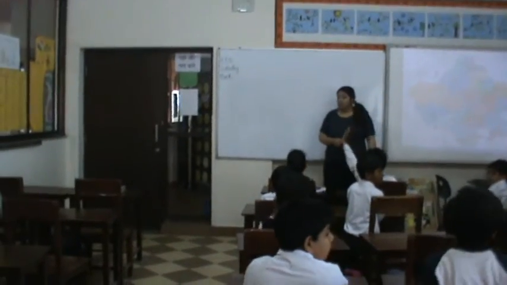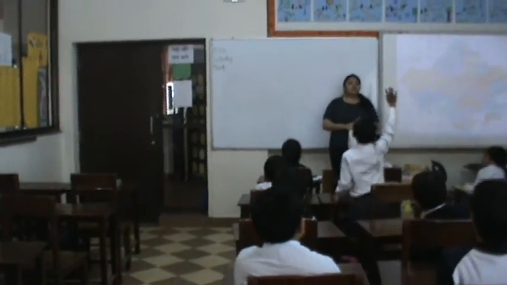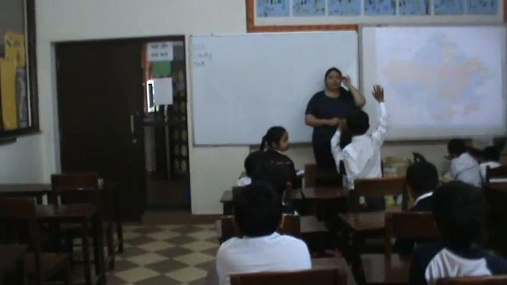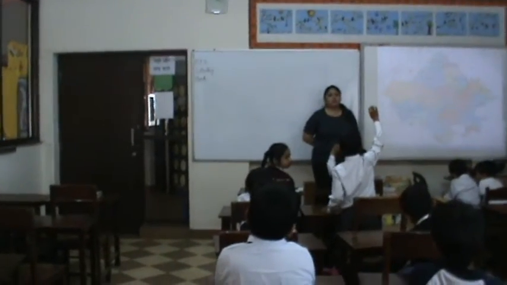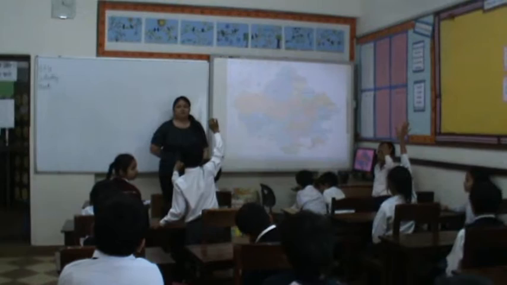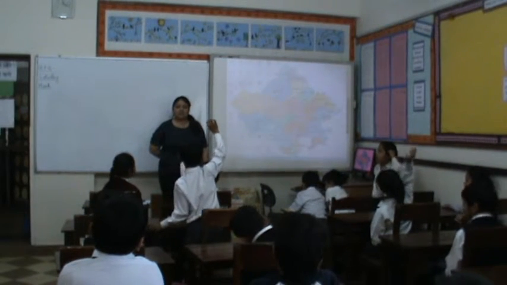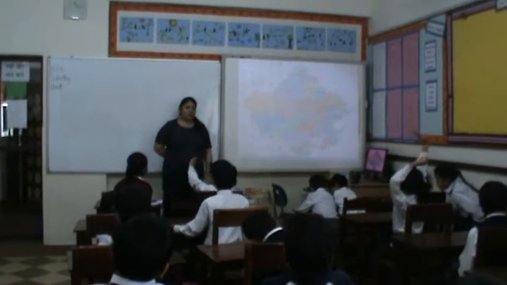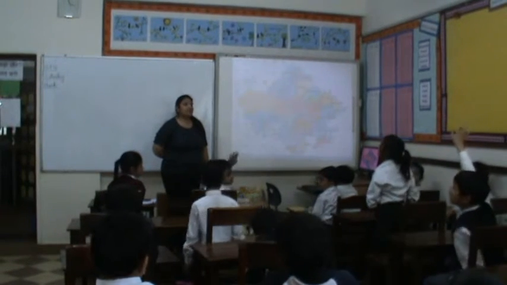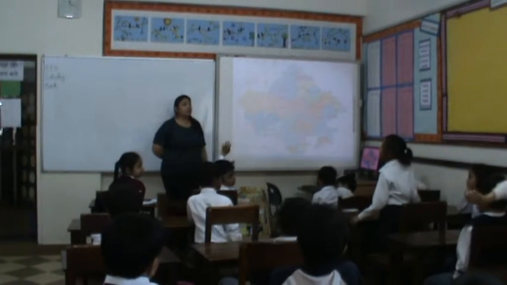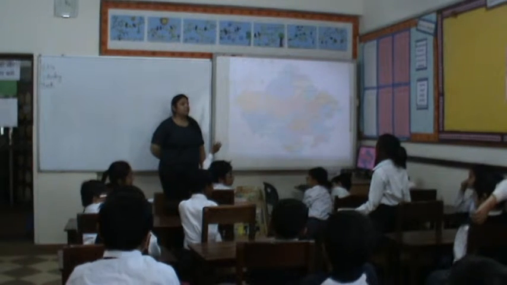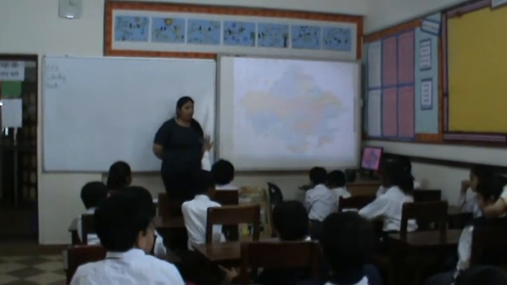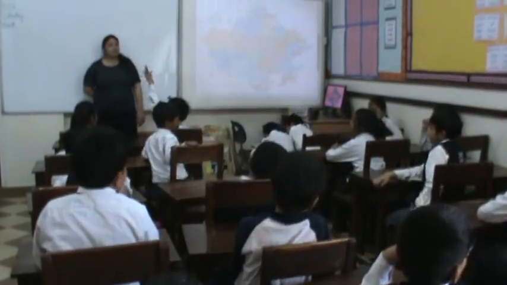Ma'am, why was the ship not sinking at sea? Ma'am, because in the back side of the ship there is a fan. No. Ma'am, I know. Wait, she is speaking. Ma'am, that ship is very heavy, that's why it cannot come down. No. Ma'am, it's not easy. Can I say something now?